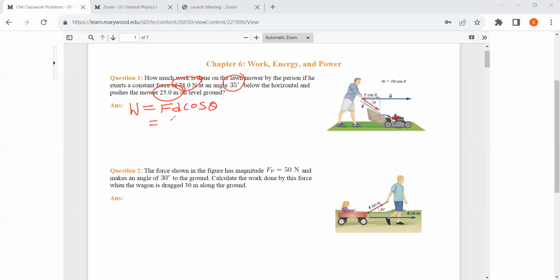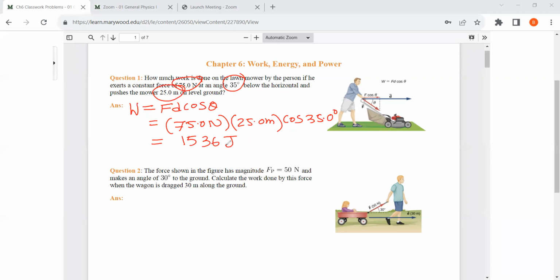So F is 75 Newton, displacement is 25 meter, and the angle is 35 degree. If you plug all these three numbers into your calculator, you should get something like 1536 joule. All right, the next problem is